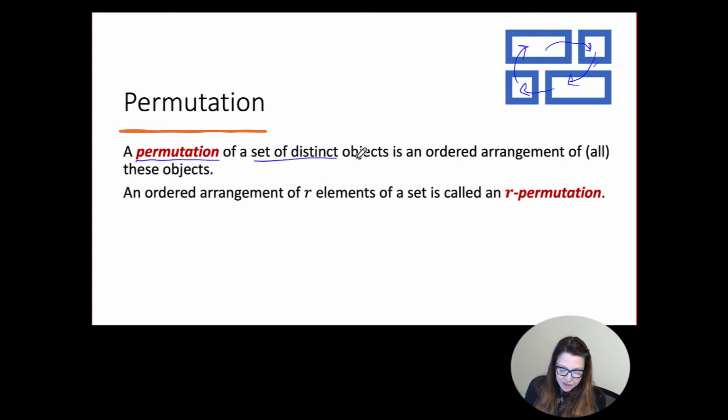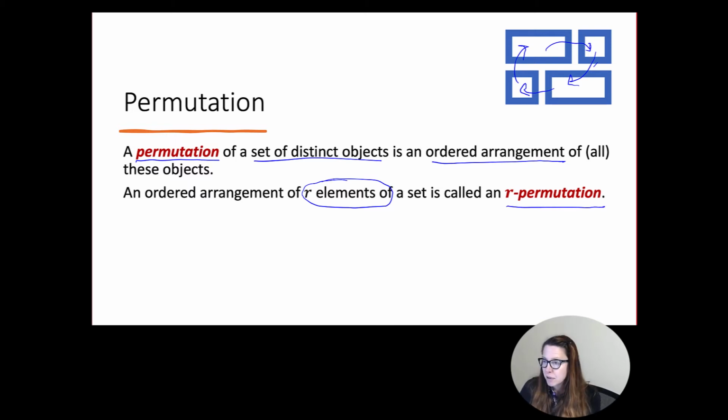It's a set of distinct elements, and this is an ordered arrangement of them all. Each different ordering is a permutation of that set of elements. If instead you want to take a subset of those elements, R elements, it's called an R permutation. And what that means is R is a number, right? That's just a variable that I'm using to say this is how many elements I'm going to take from that